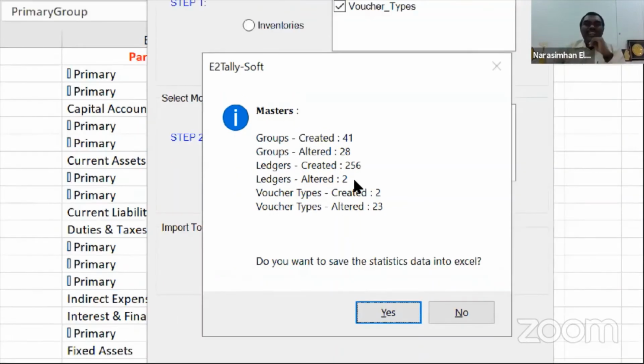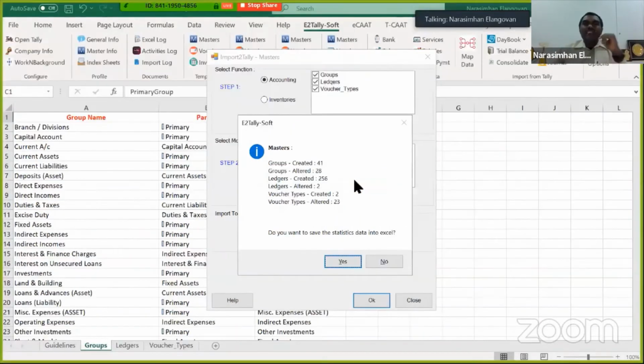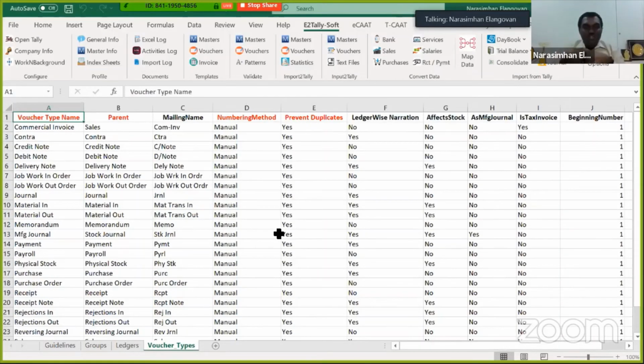Imagine tomorrow a client comes and says, sir, we were having Kacha books, now we want to have a proper set of books. We want to bring it into this method. How much time will it take? Quickly you can set it up and it's not very complicated. So are we clear? The first step all of us have done. The second step is, now I want to go to stage 2.